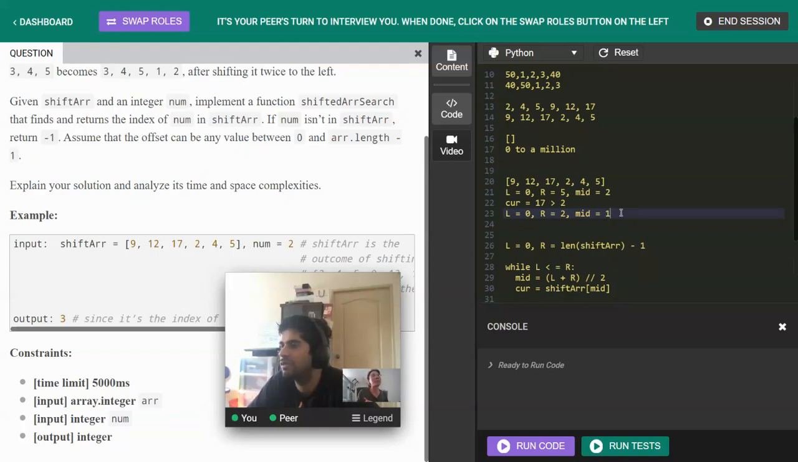Yeah. So now you have realized that you just have to modify the binary search to account for the shifted part, right? I think the only trick here is that when you're modifying, you take care of all those cases: if your mid is in the left shift, or in the right shift, or if the element is at the right side or the left side compared to your